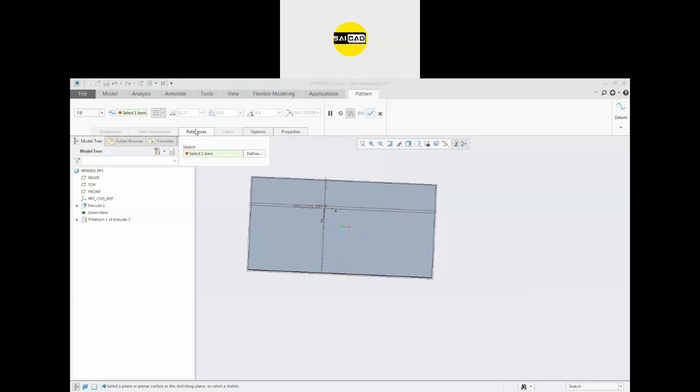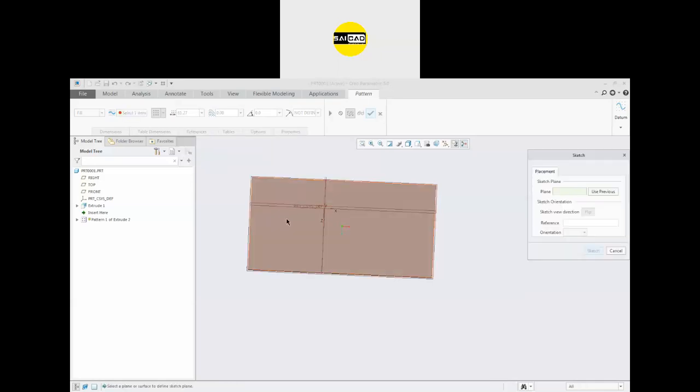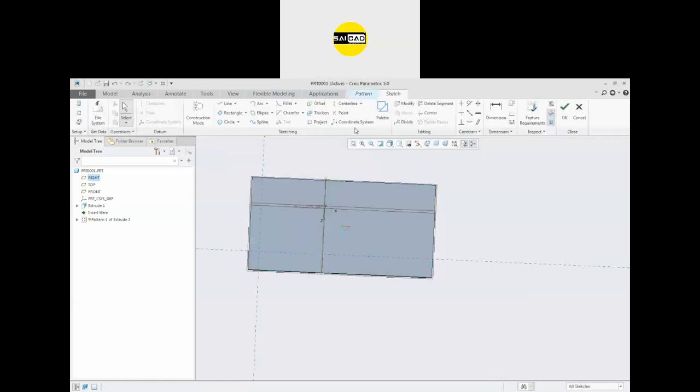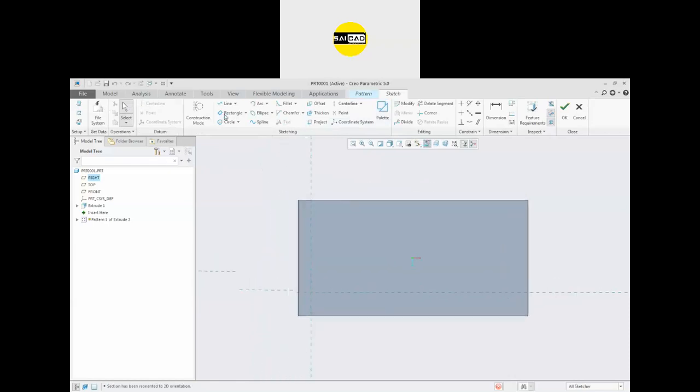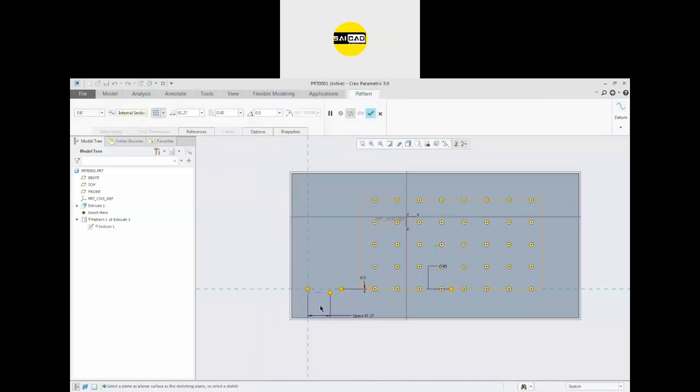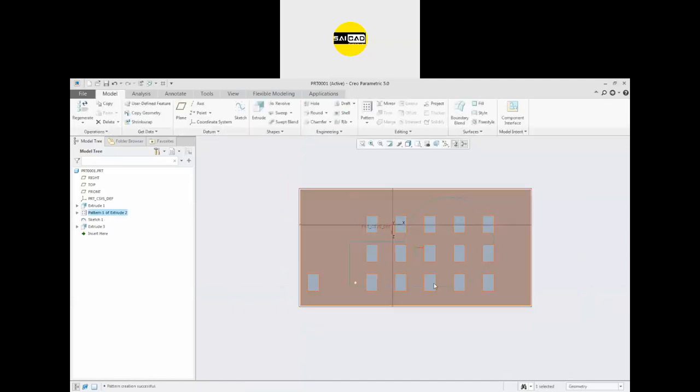So you can just create a boundary from here also and define the boundary like I want a boundary like this one. Okay. And you can see your feature is here, but the pattern will be created under here. Find the gap between them that should be 100 and all the other options so that you can create.